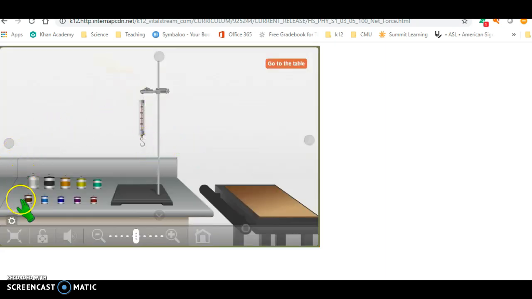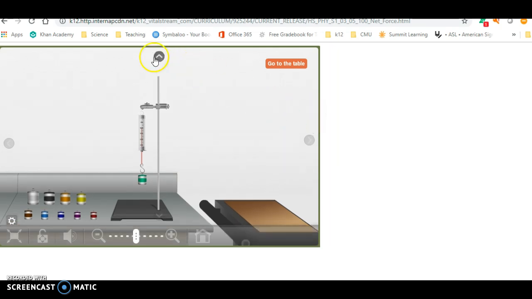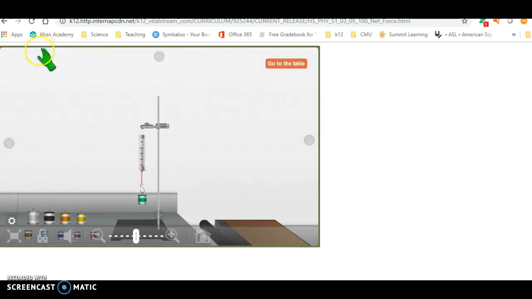And I see that I have a bunch of weights here and a spring scale. That's how we measure our weights. And what I need to do is record the weight. So I'm going to need to have some scrap paper to help me do this. I'm going to place the weight on there and then I'm going to record. Now you can see that I can't really tell from here what that weight is. So what I need to do is go to the lab and